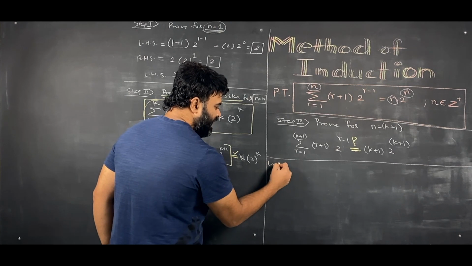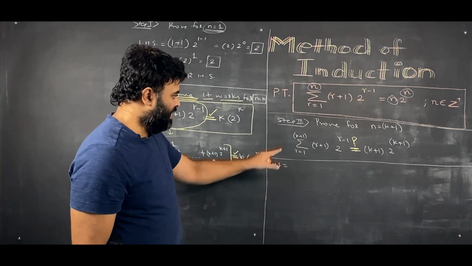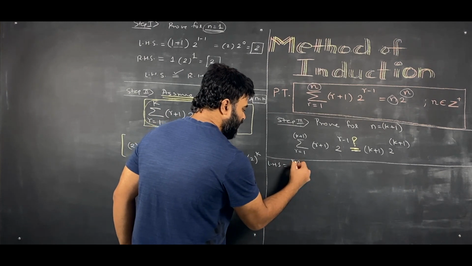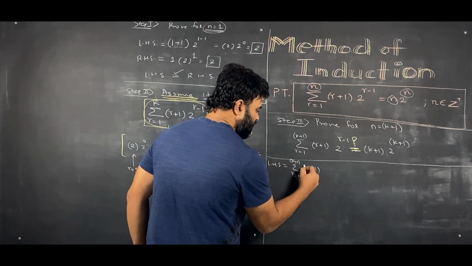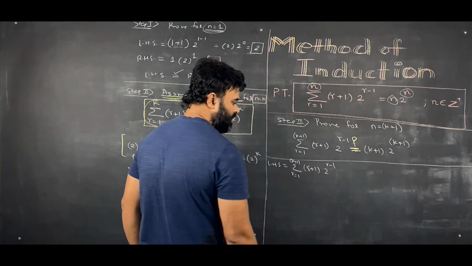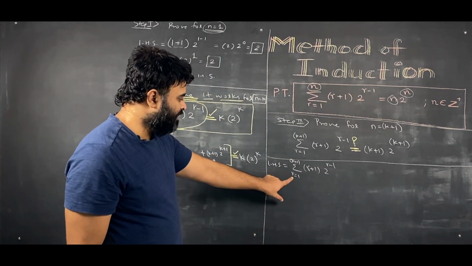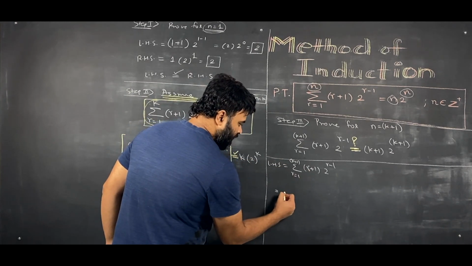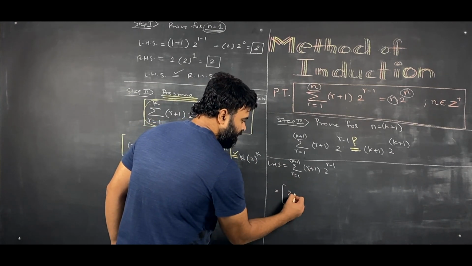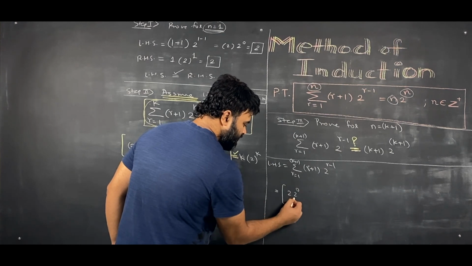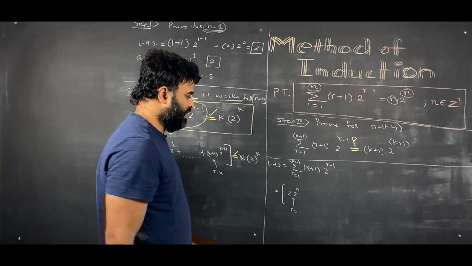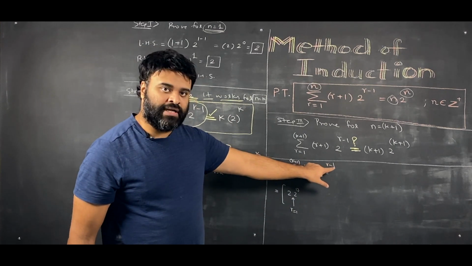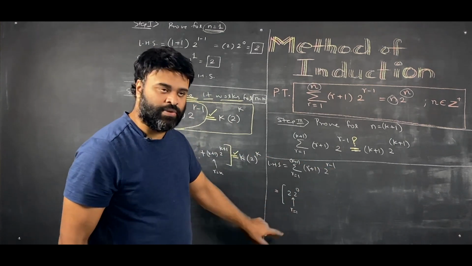So what is going to be LHS? The left hand side is sum of r is equal to 1 to k plus 1, r plus 1, 2 raised to r minus 1. And we will put r from 1 to k plus 1. So r becomes 1, 1 plus 1 is 2, and this is 2 raised to 0. This is what I'll get for r equal to 1. I hope you get it. The first value r equal to 1, I put it here. 1 plus 1 is 2, and 2 raised to 1 minus 1 is 0. That's for r equal to 1.